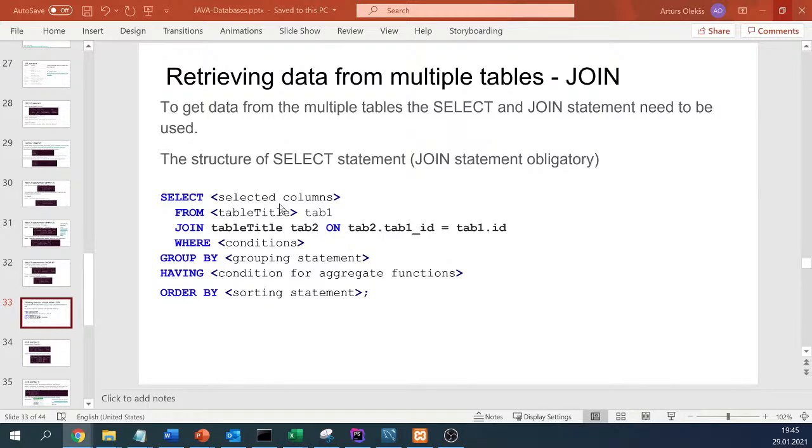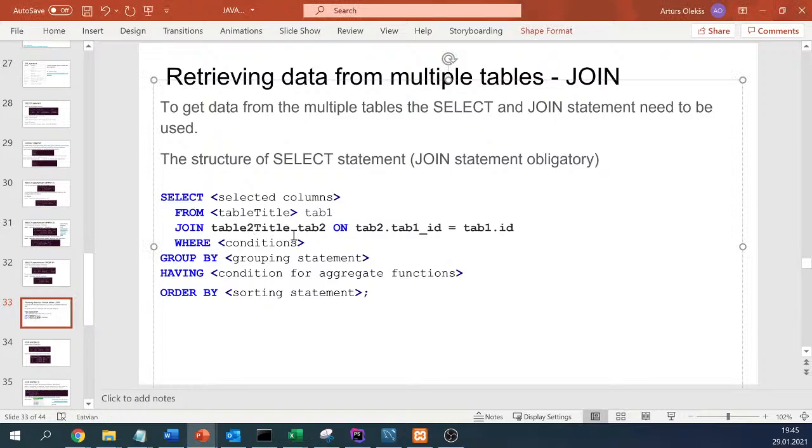The query looks the same with one additional option, that we have JOIN. Join means that we select from one table, and then using join we select from another table. So here we have one table, and I think this